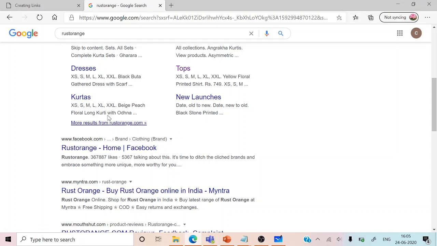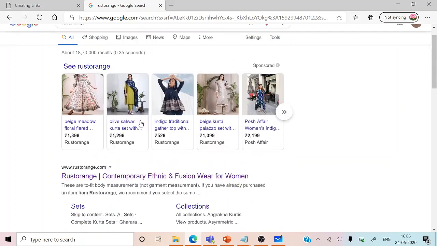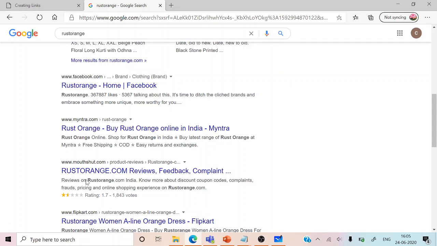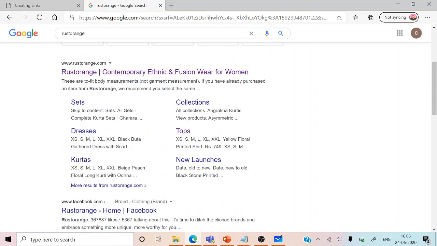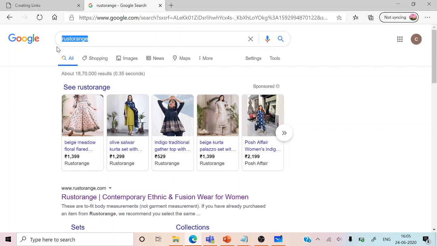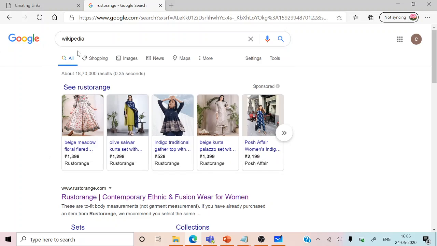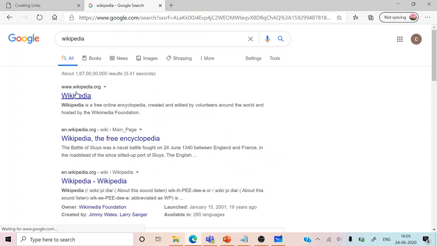So this is a very good example. The Google browser page, the browser engine page in itself, is carrying all the hyperlinks under the global category. If we see Wikipedia, there you will see internal links a lot.